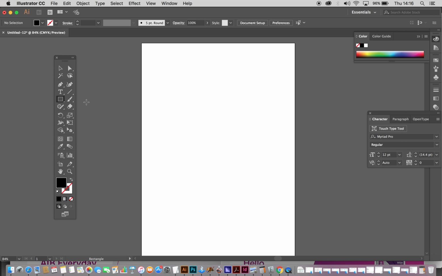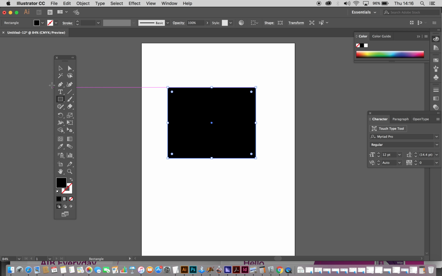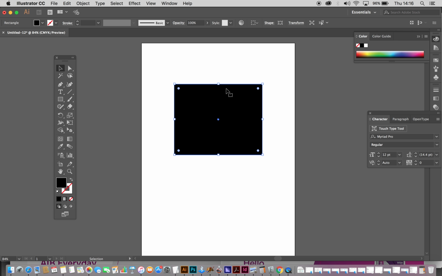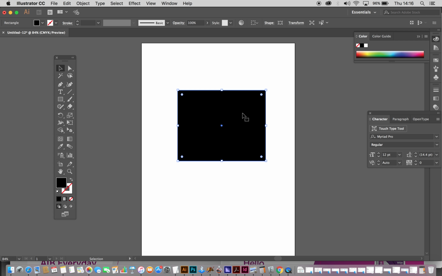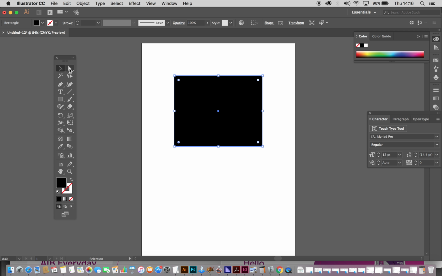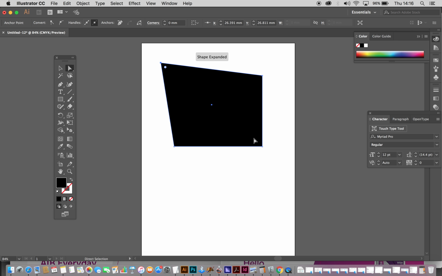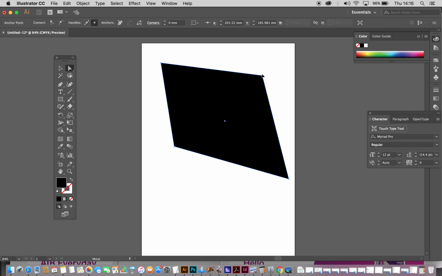Drawing a rectangle, there's a rectangle tool here. We click and drag to move it around. We choose the selection tool and we click anywhere on the blackness, preferably avoiding the border. And these guys here are called anchor points at the side. So once we click anywhere in the main part of the square, we can move it around. If we want to move one of the anchor points, we choose the direct selection tool here. We click on one of the corners and we can move one of the corner anchor points around, change the